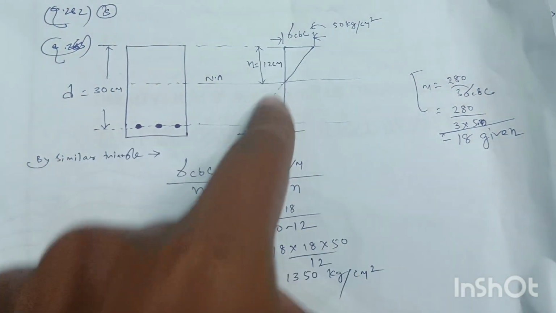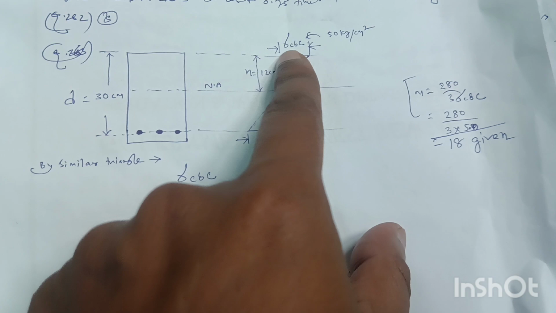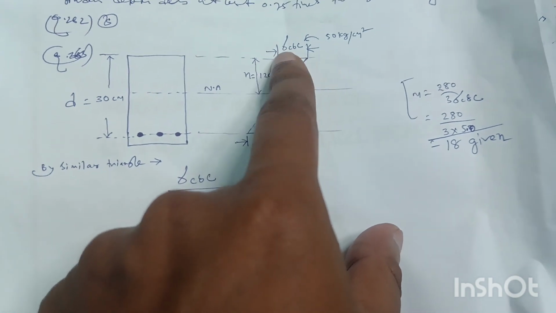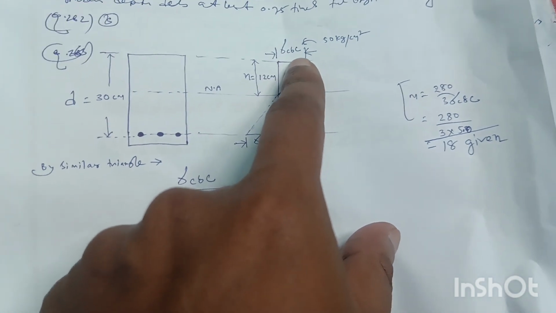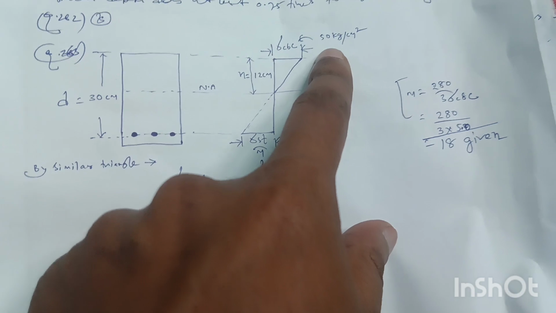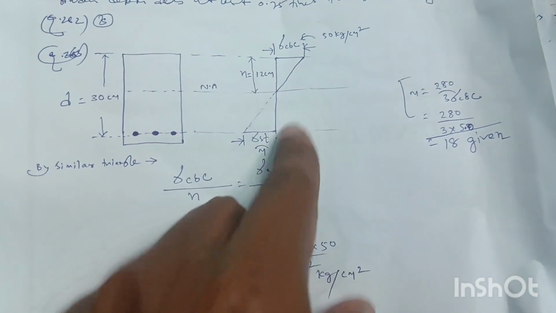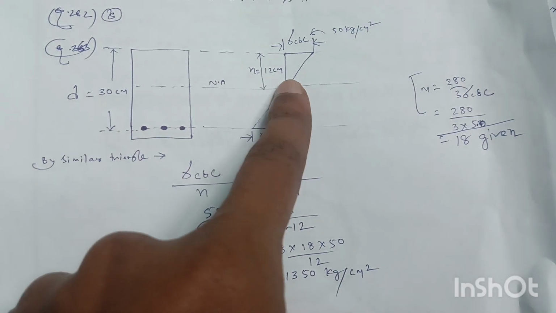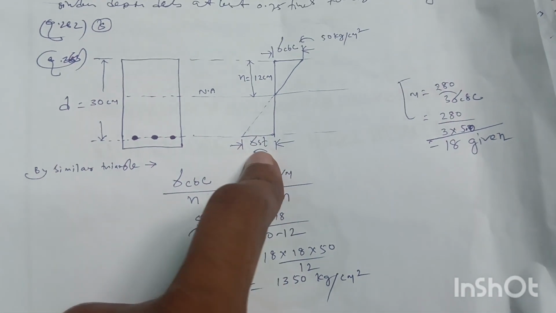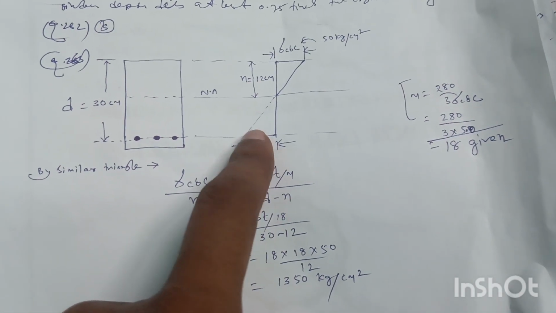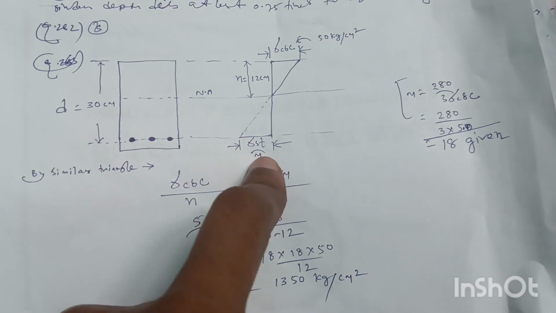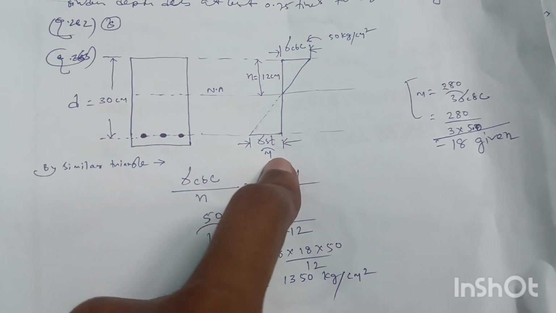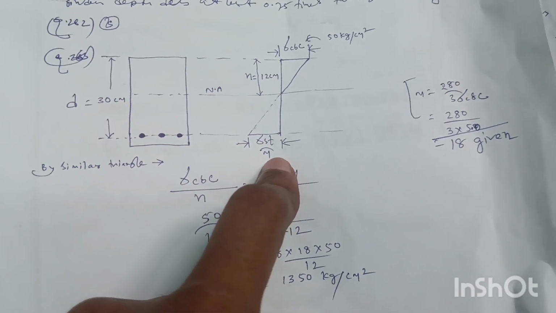Okay, and this is the stress diagram. The maximum stress of concrete at this level is sigma cbc, which is given as 50 kg per centimeter square, and the neutral axis is at 12 centimeter from the top, so n equals 12 centimeter. The equivalent concrete strength at this level will be sigma st by m. M is the modular ratio, that is equal to 280 by 3 sigma cbc,